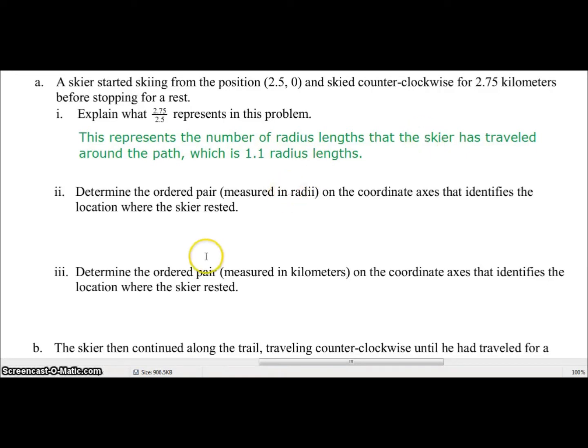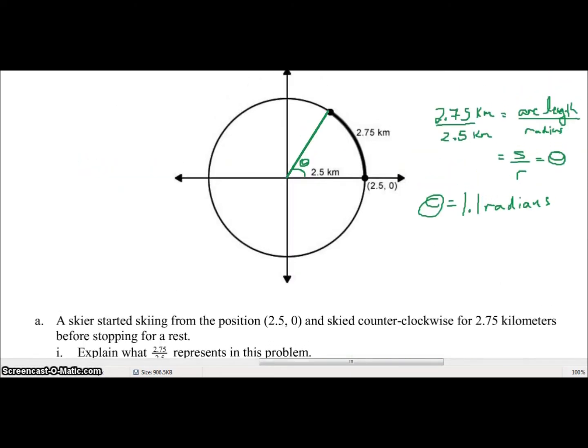Determine the ordered pair measured in radii on the coordinate axes that identifies the location where the skier rested. So this point right here. There's probably all sorts of different ways to solve this one, but we're looking for the point, the x and y coordinates, the ordered pair. So we need to find this distance x, which is cosine theta, and this distance y,